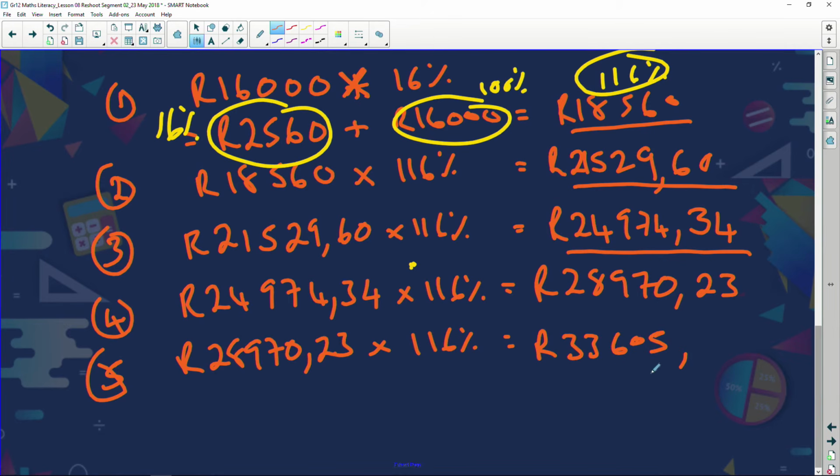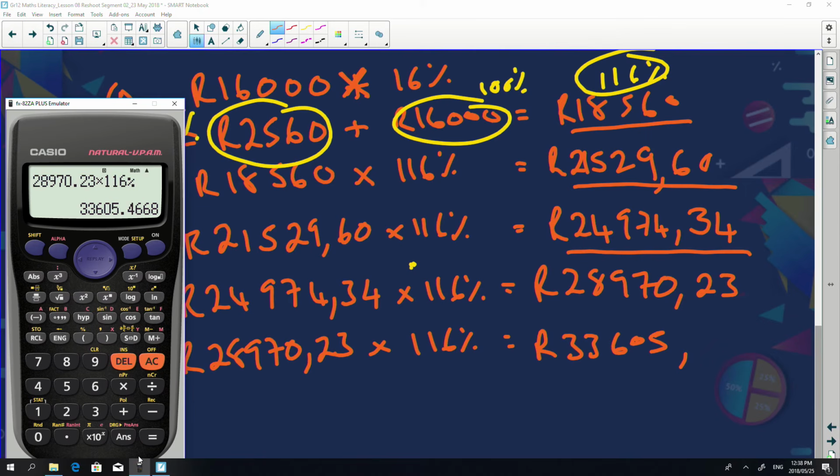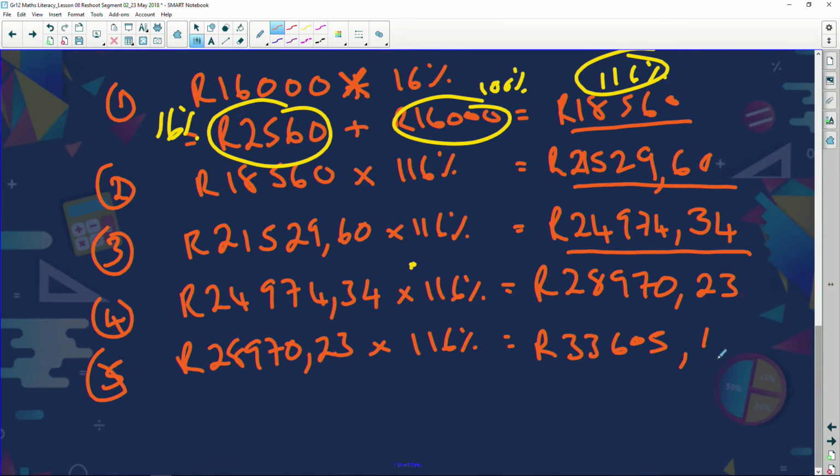33,605 Rand. And let's have a look at those cents. 466. That 6 makes the previous 6 bigger. So comma 47. Okay. So the bank's saying, okay, buddy, take 16,000 Rand. We'll only charge you 16% interest compound. And you don't quite understand what the compound means, but you just say, yeah, cool, because 16% sounds better than